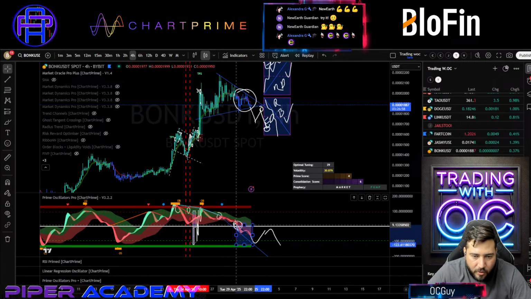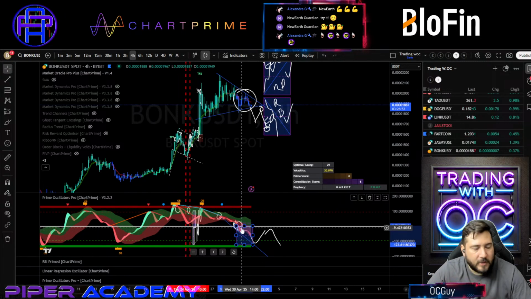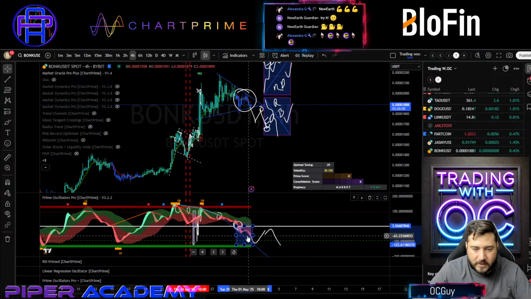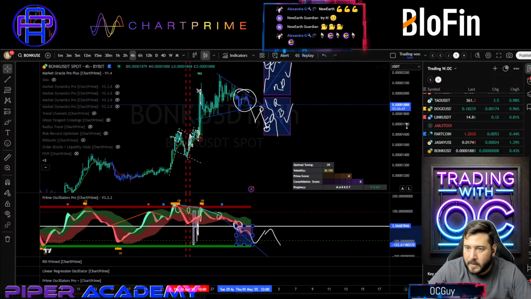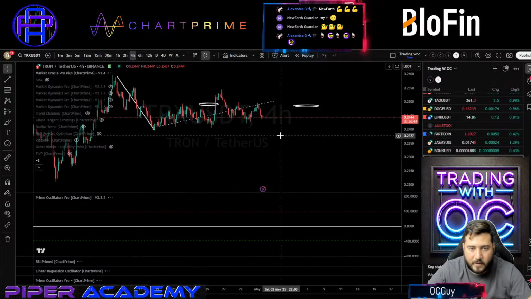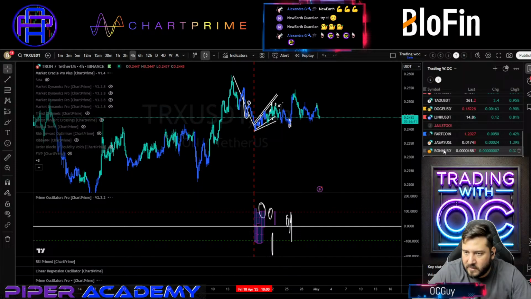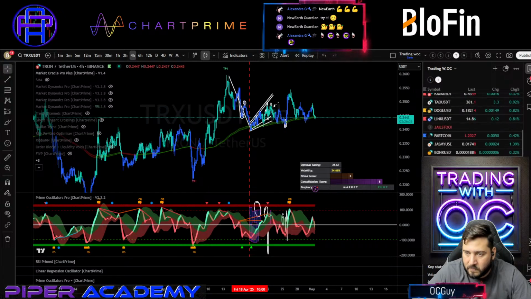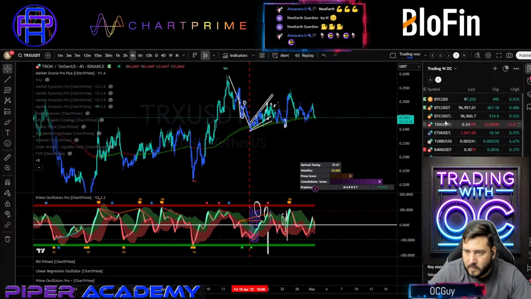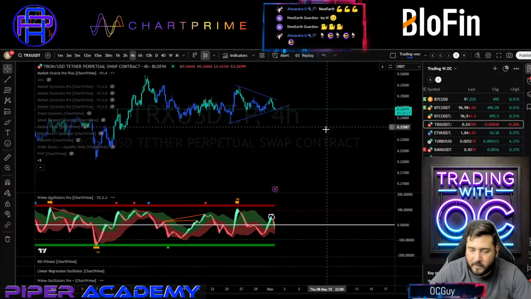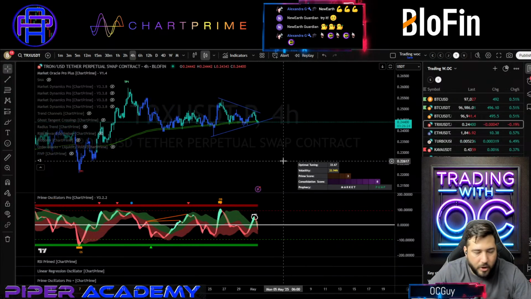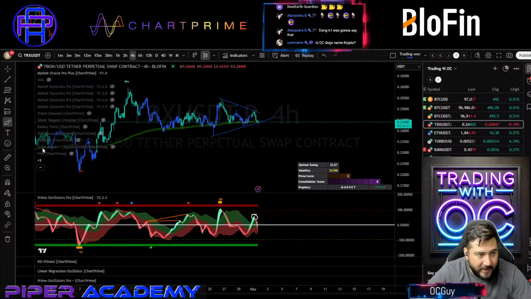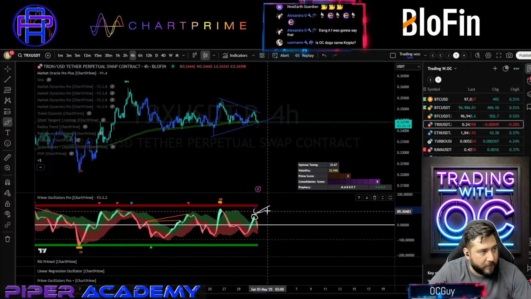So what is the next most important? Breakthrough of the zero line. First, flip of the ribbon. Second, break through the zero line. All right, and finally TRX. Do I have any other TRX? No. Here it is. Perfect. At this point, what are we going to be looking for? Well, we do have a well-defined flip of the ribbon.